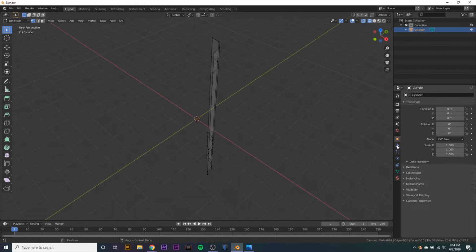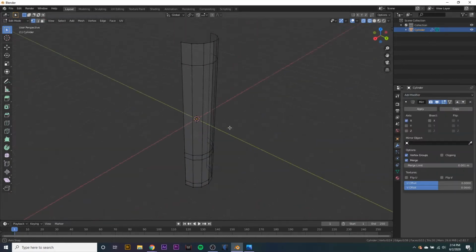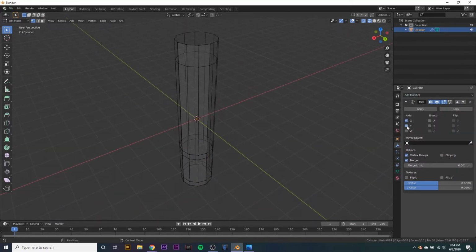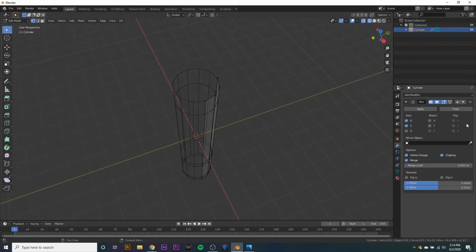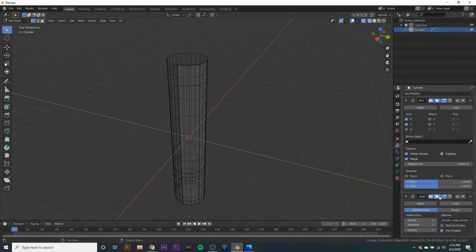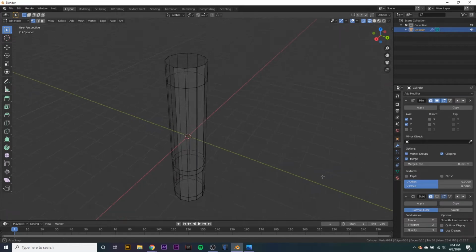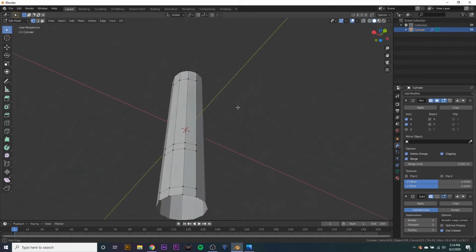So let's go to the modifiers tab and add a modifier, and you want to add the mirror modifier. And mirror it along the X and Y axes and allow clipping. And then we want to add a subdivision surface modifier, and we're just gonna play with this later, but for now, just turn it off. So to go out of wireframe mode, just hit Shift Z on the keyboard,